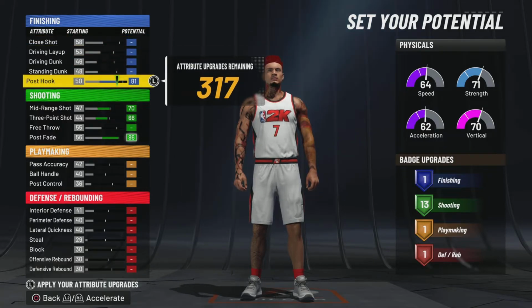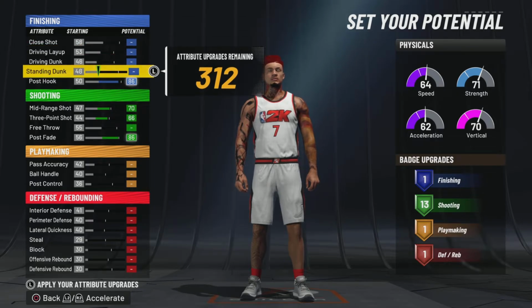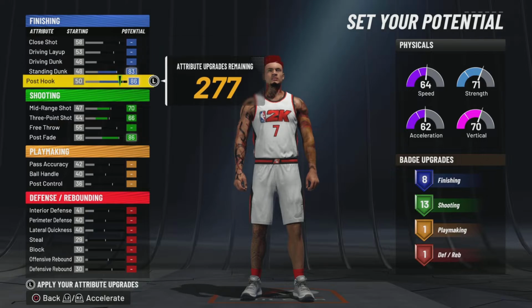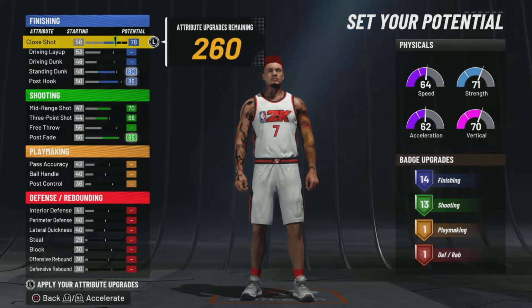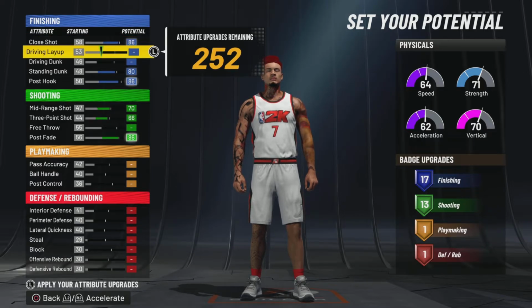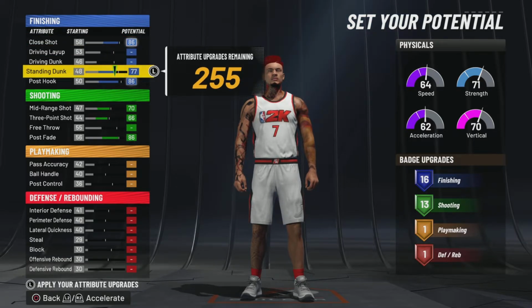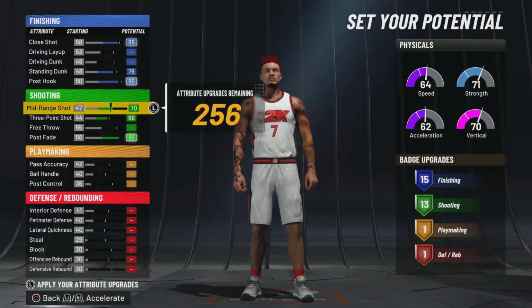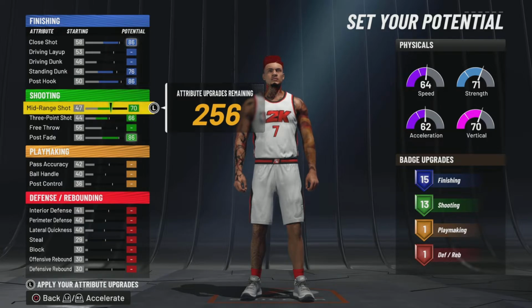Because I'm playing a big, why not have a little post scoring in my bag? So post hook, standing, you want a max standing dunk. I can bring it to 80 and then close shot. Now look at that. Bring close shot down to 86. So I might even bring standing dunk to 76. Yeah, that looks better. So all of my features are aimed towards ensuring that I have everything at my disposal